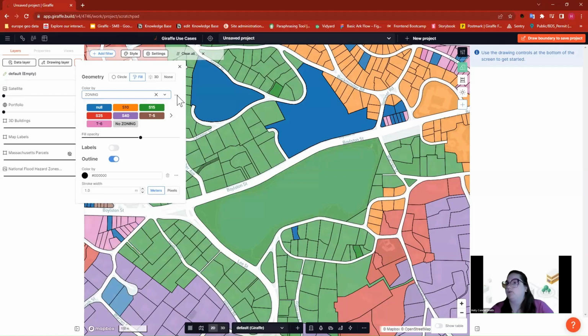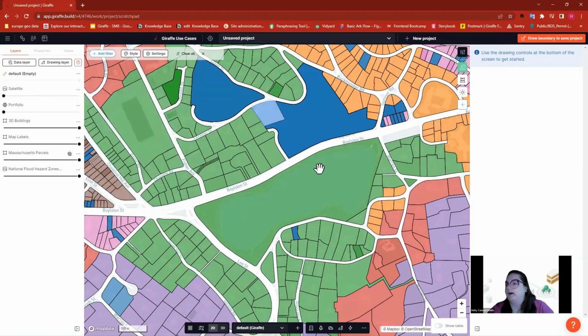So now I have a really quick view of what my zoning assignments are for each of these areas. So that's a really quick, easy way to see what you're looking at. Now, of note, the